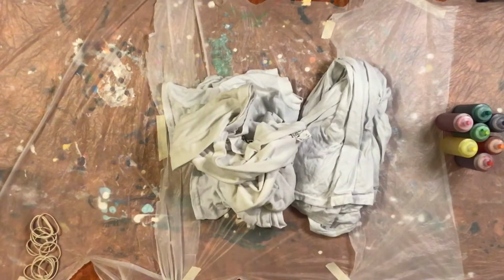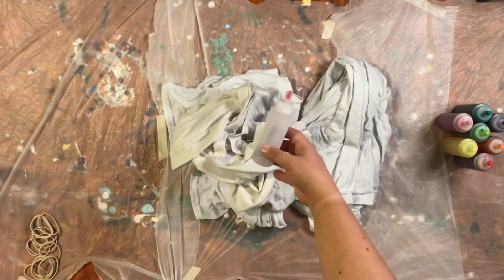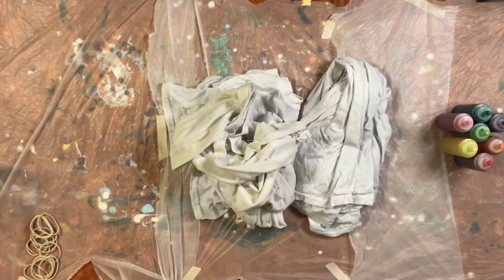So this kit that I have is called Create Basics Kit, and it just has a bunch of different tie-dye colors to choose from. It's got all these different squeezy bottles. They come empty with just some powder in it. It also has gloves, a bunch of rubber bands, and an instruction sheet. I found that the instruction sheet was actually not a whole lot of help. They only gave you like 3 possible designs, and it didn't give a whole lot of instructions,